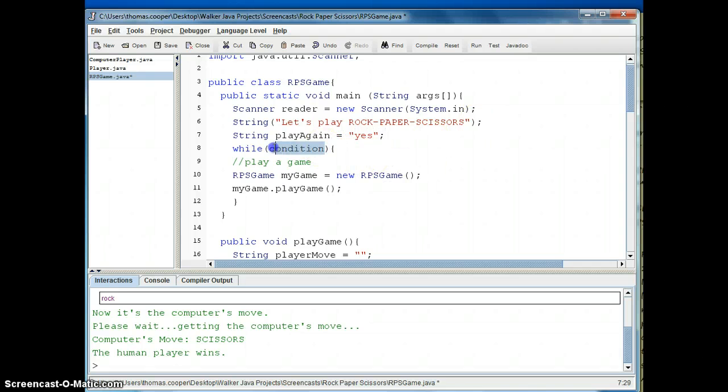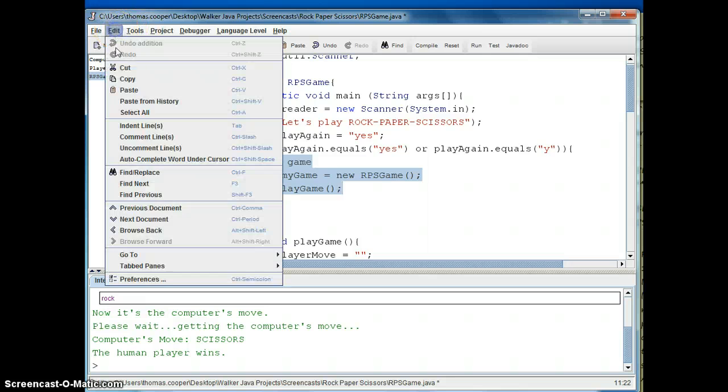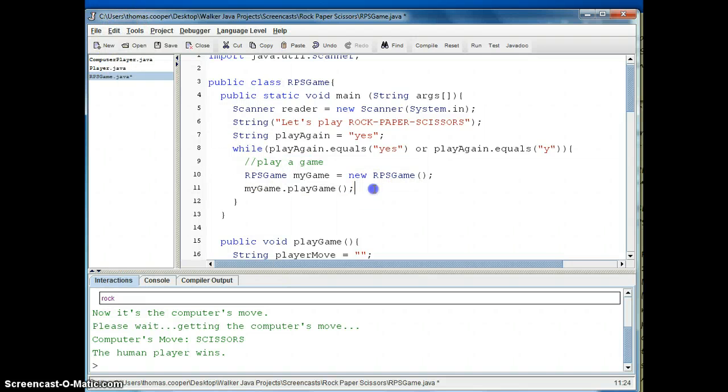And then we can say while play again dot equals yes, or play again dot equals Y, in case someone's lazy and I forgot the L. So while either this one or this one is true, then we'll play another game. So we'll indent these to show that they're inside the while loop. And then when we get to the end of the while loop,